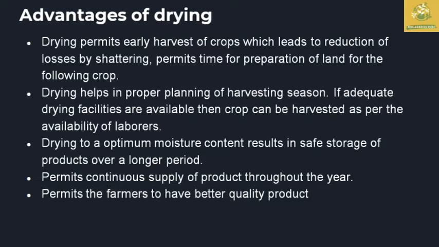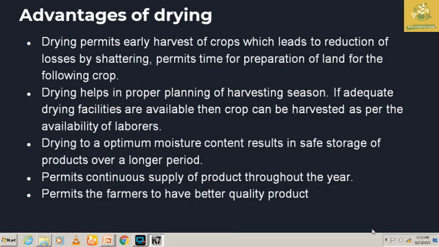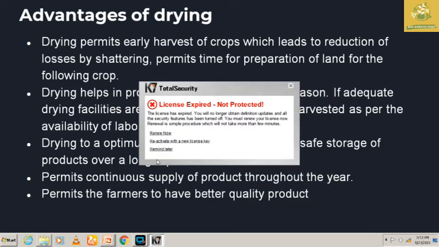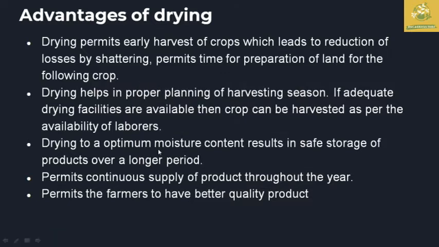Seeing about the advantages of drying, the optimum moisture content in safe storage helps the agriculture produce to be maintained for a longer period. It also permits the continuous supply of product throughout the year by the safe storage of agriculture products, and makes the farmers able to keep better quality product for the later